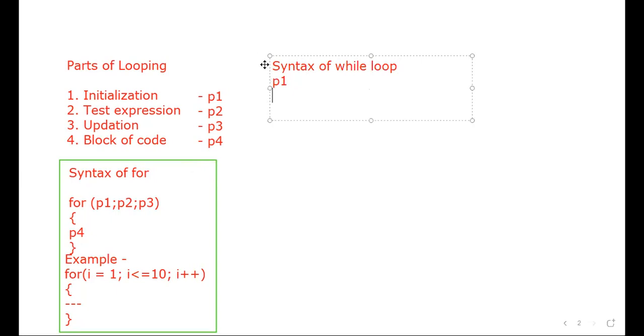Then while, position of P2. It means while with a test expression. Then you have curly open. Then you have P4. Then you have P3. Then you have curly close. So here in this syntax of while loop, P1 means